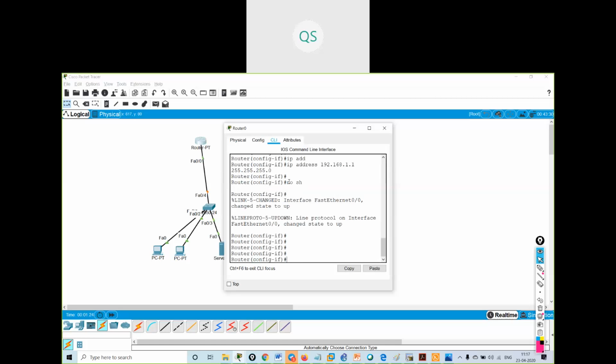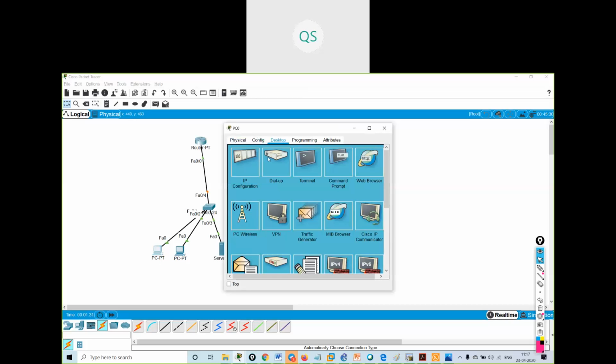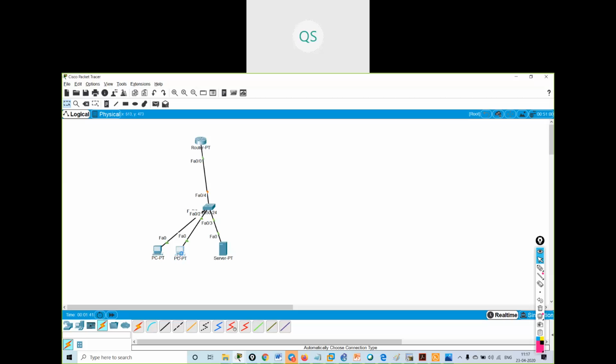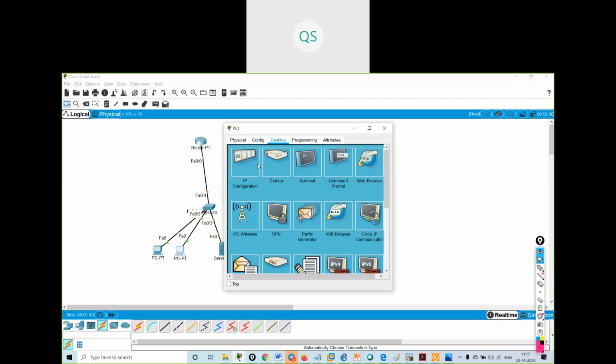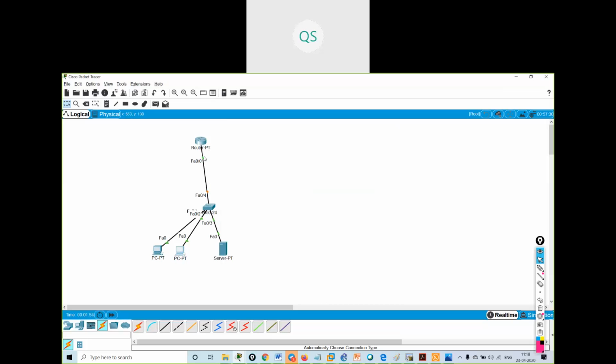Now I will come on the PC and I will give the IP address to the PC also, 192.168.1.2, and 192.168.1.1 will be the gateway. I will give the IP address to this PC also, 192.168.1.3, with gateway 192.168.1.1. Now I have shown you the local authentication.